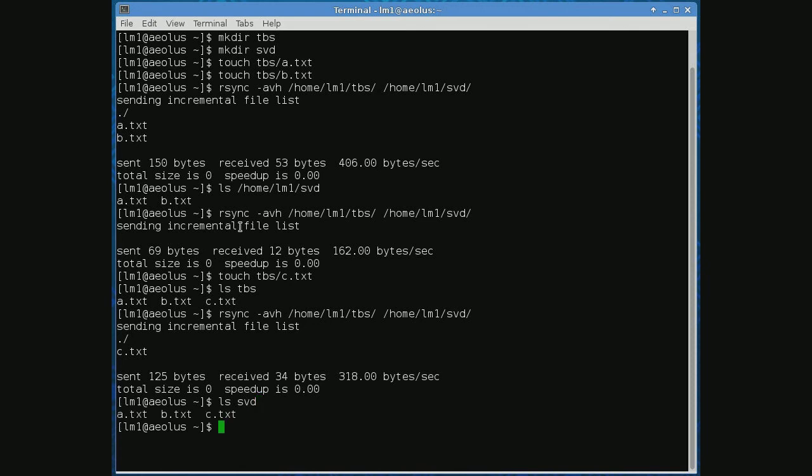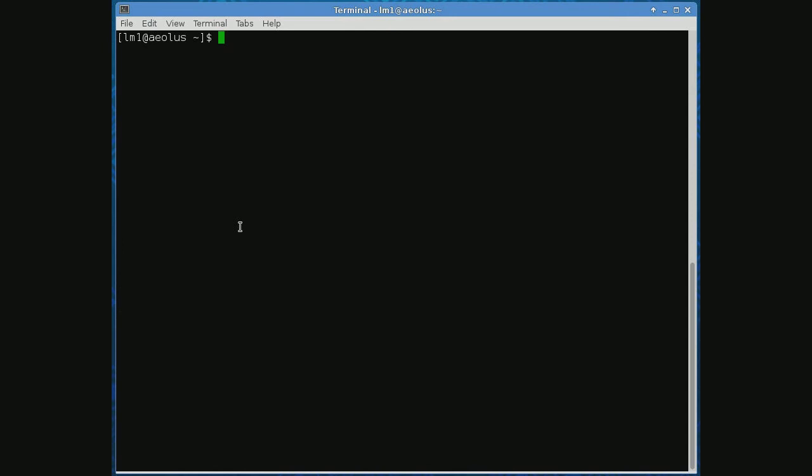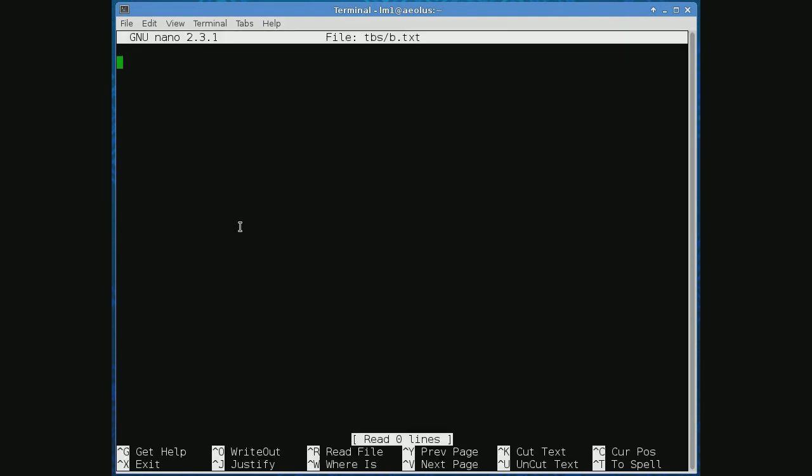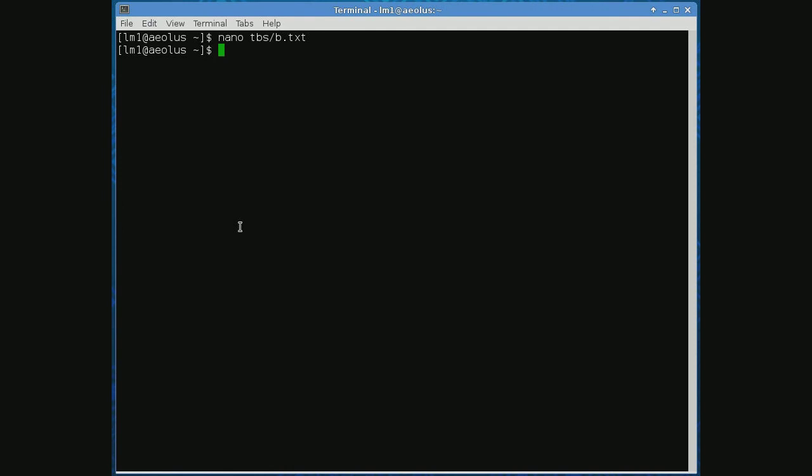And yes, A, B, and C are over there. So let's try something else. Let's nano B. This would be TBS B.txt, and we'll come in here and put in hello. Put in anything at all. Keep the same file name. Now B has changed, so when we run rsync